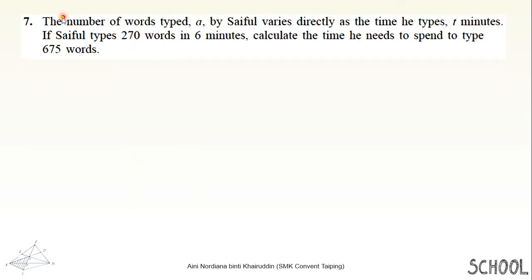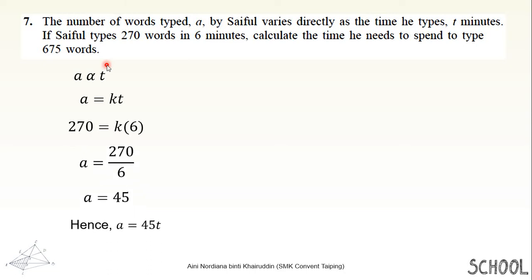Okay, question number 7. The number of words typed, A, by Saiful varies directly as the time he types, T minutes. If Saiful types 270 words in 6 minutes, calculate the time he needs to spend to type 675 words. So A varies directly as T, and then equation form. Substitute the value of A and T, then you will get the value of K. Substitute back into the